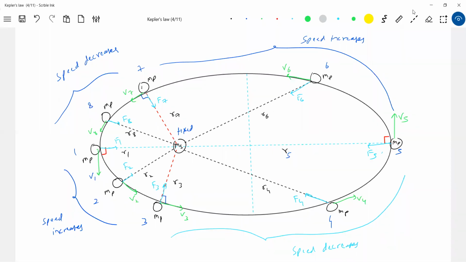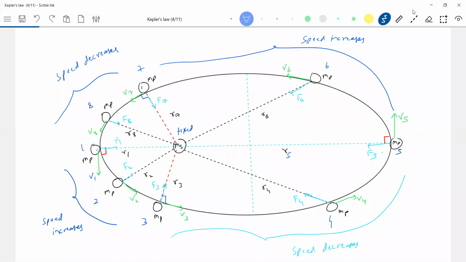So again, when it reaches the point 1, what is the speed of that one? Should be V1. Any reason for that? Because it's a conservative force. Work done by a conservative force in a closed path should be 0. So with whatever kinetic energy it started at 1, with the same kinetic energy, again it will be available here. So what will happen to the speed of the planet? It will remain constant. Whenever it arrives at the same initial point, it will have the same velocity. Any number of times it arrives at 1, it will have the same speed. Any number of times it arrives at 5, it will have the speed V5 only.